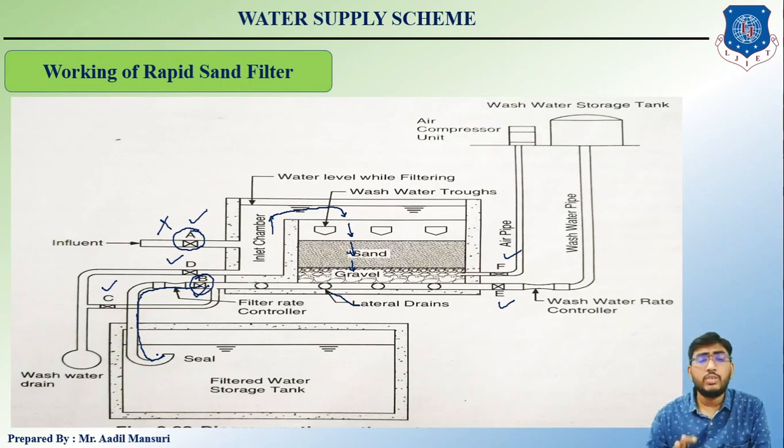Clear? Now this process occurs till the sufficient head is obtained, that is, the permissible head. When the process is started, the head will be quite low. But as time proceeds, the voids between the sand and gravels will get clogged, hence the rate of filtration will reduce. As a result, head will increase. So we will stop the procedure,